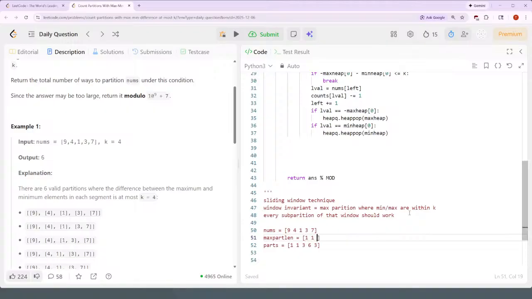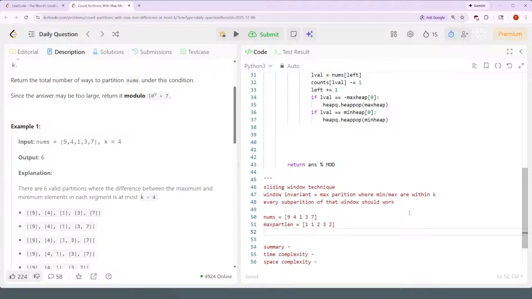Should be 1, 1, 2, 3, 2. Maybe I just store that and then I try to do a calculation based on that. Okay, so if I have that, and eventually maybe it can be condensed into one pass, but if I do these as separate passes,